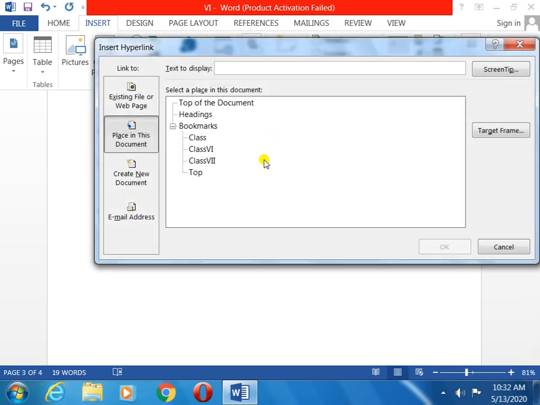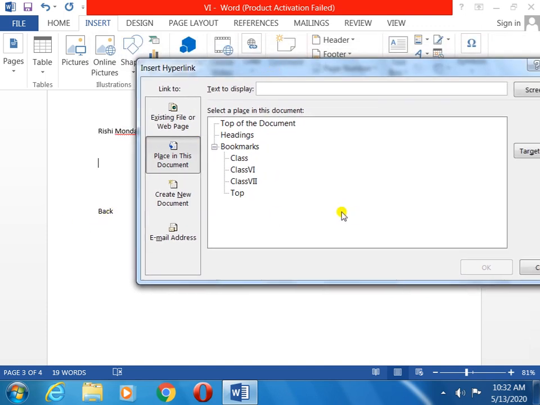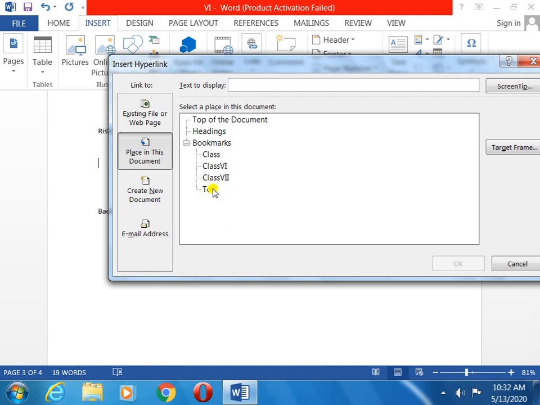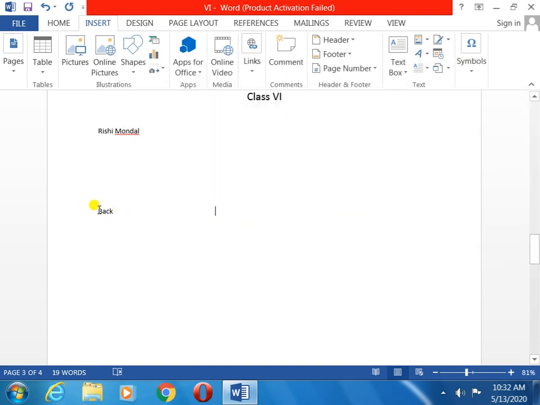If you do the hyperlink, see, here top came, but this back is not present. Why? Because I did not make any bookmark. Clear? Here the bookmarks option is coming, so only the words for which I have made a bookmark are coming. Clear? Now I will make the bookmark.